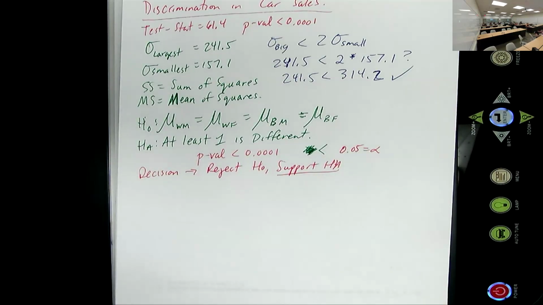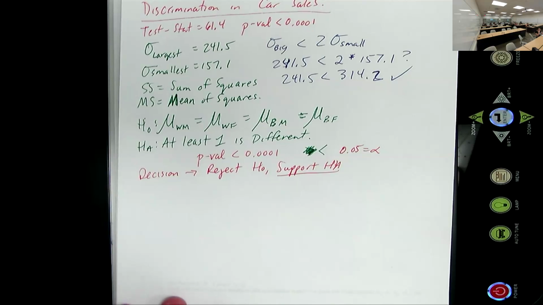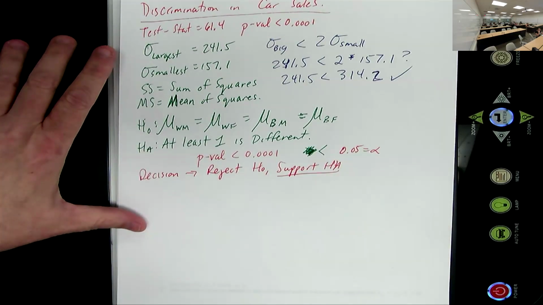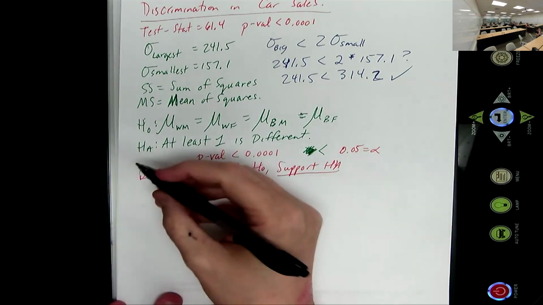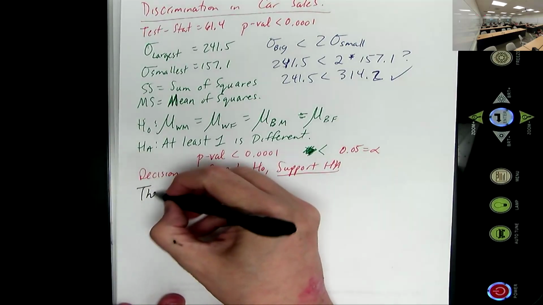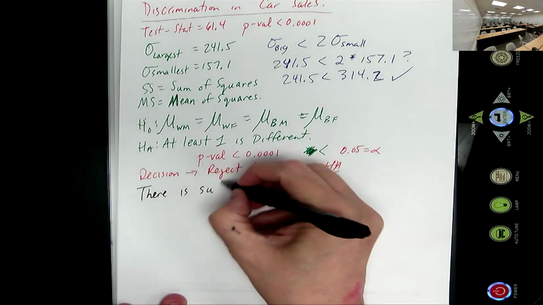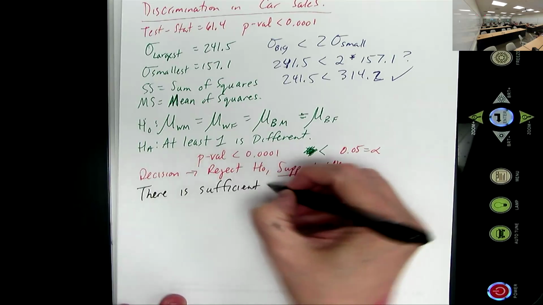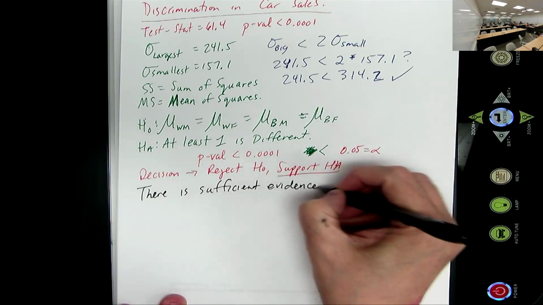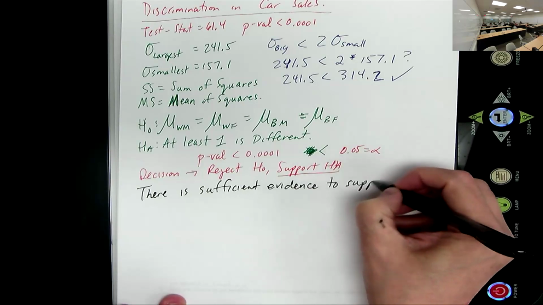Rather than listing all the groups, we can just say, the question was, was there gender or racial discrimination in car sales? There is sufficient evidence to support the claim